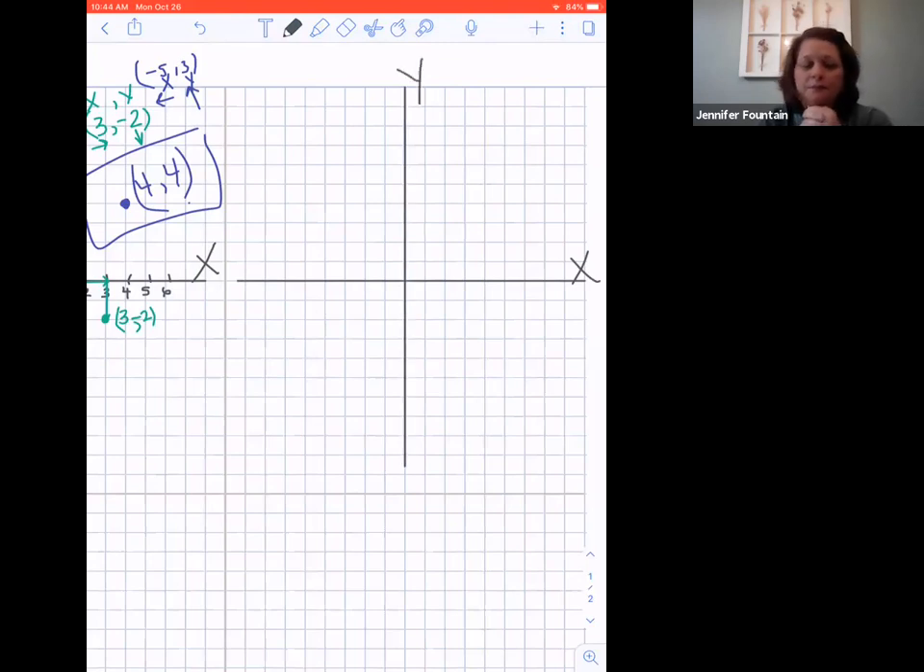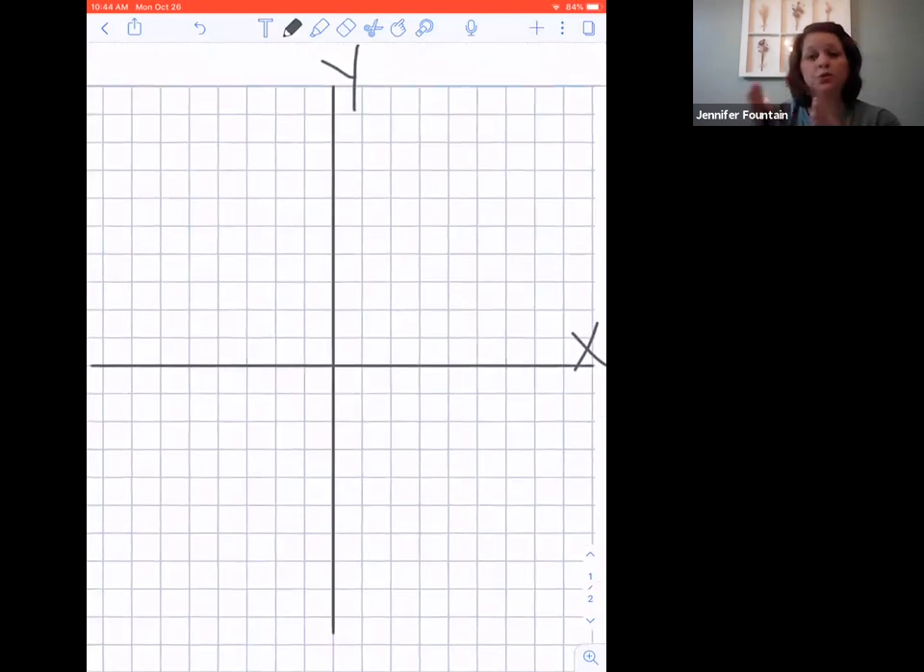I'm going to label it Y. Now this time as we number, sometimes it may be that for the sake of space, instead of doing 1, 2, 3, 4, 5, I might need to save some space and graph by 2s, okay? So what that means is,